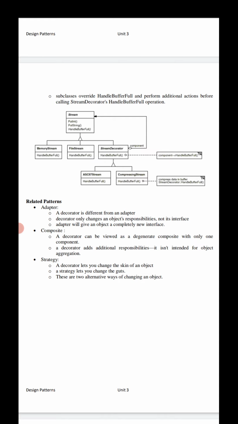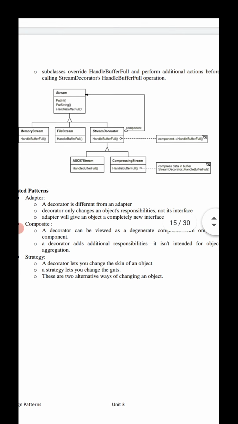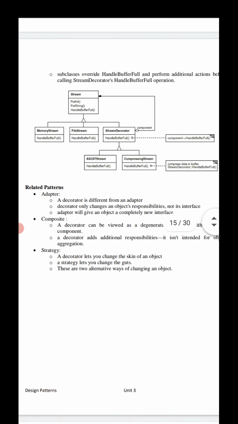Here the key class is stream decorator, which maintains a reference to a component stream and forwards requests to it. Look at the diagram here. The stream decorator subclasses override handle buffer full and perform additional actions before calling the stream decorator's handle buffer full operation.